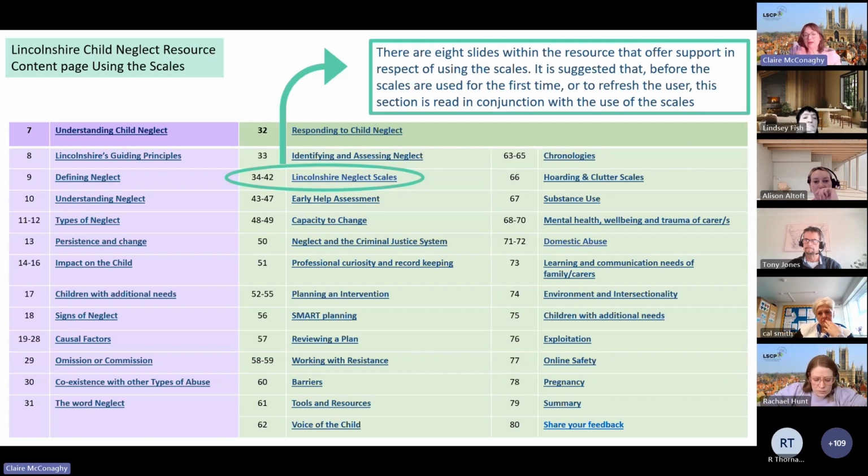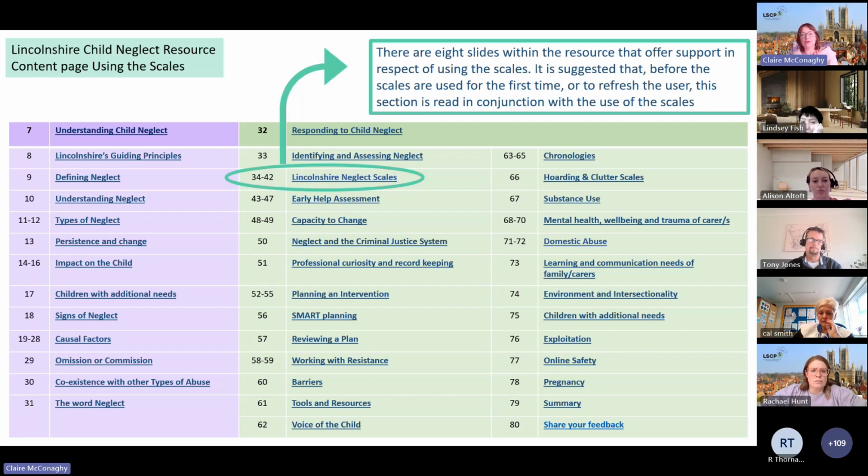And then I think when the audit was taking place, we were looking at how the child neglect resource and scales are being used, and if people wanted a little bit more about how it fits with assessments, and sometimes assessments are different from the early help assessment, we're more than happy to talk to people. We've done this before about how it can sit in guidance or prompts for other assessments. They might be written in a different way, written to children, for instance, not the adults. So we've been doing a bit of work around that as well.